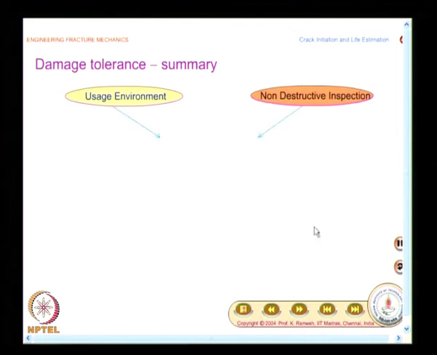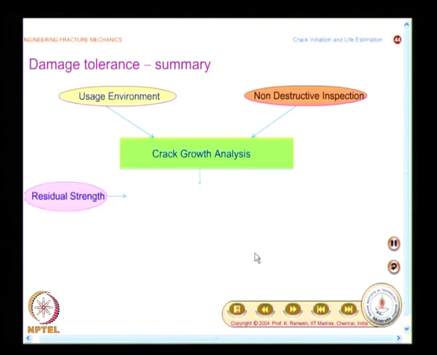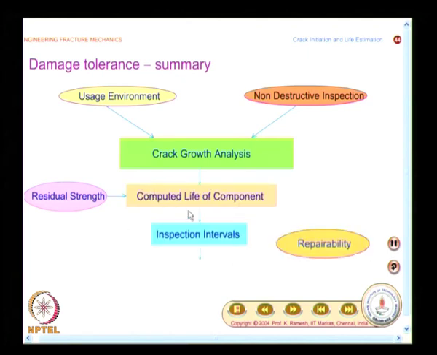And this gives you the summary of steps, and what you have is you have to do the crack growth analysis, the usage environment comes in as well as non-destructive inspection. We have seen the Paris law was the kernel, it was not incorporating the environmental effects. The environmental effects were to be taken separately. When you are doing DT, that should be incorporated. Then you look at the residual strength as input, then find out the computed life of the component,